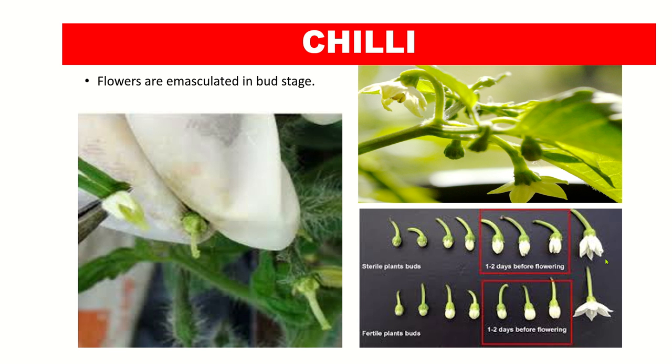They might be able to identify the stage of flower buds that will open the next morning. Because if you select immature flower buds, your emasculation process will be infertile